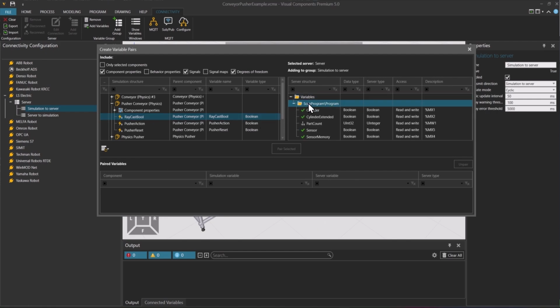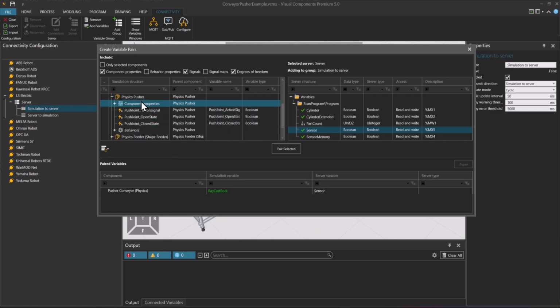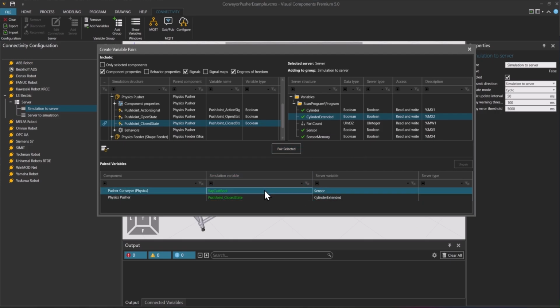And then for the PLC side, I'll pair this with the sensor boolean variable. Also, for the pusher component, I will choose the closed state signal and pair that with the cylinder extended variable on the PLC. So these are the two values I want to transmit from the simulation side to the PLC.